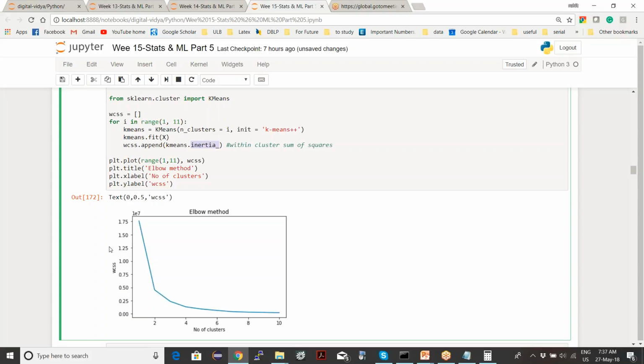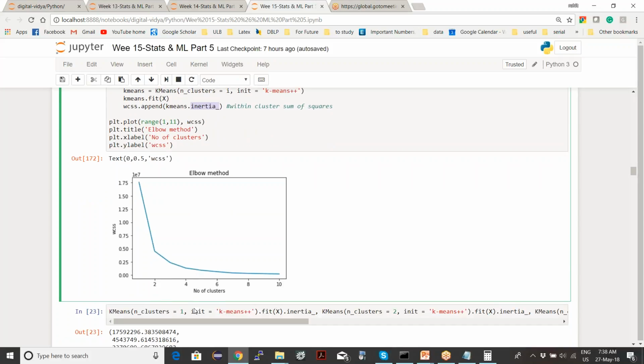So you see the change in variance. The measure of variance we are using here is the within-cluster sum of squares, which is one parameter you get from inertia. You plot this and find out after which point the decrease in variance is minimal.